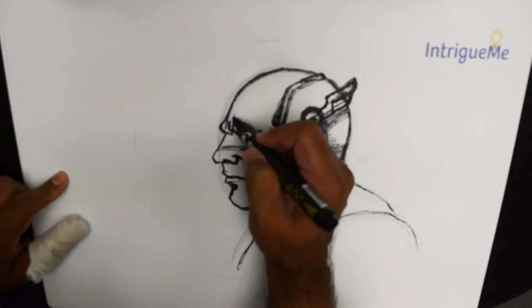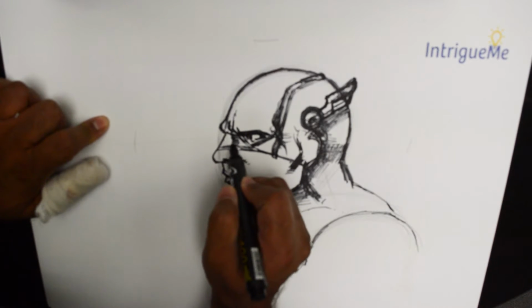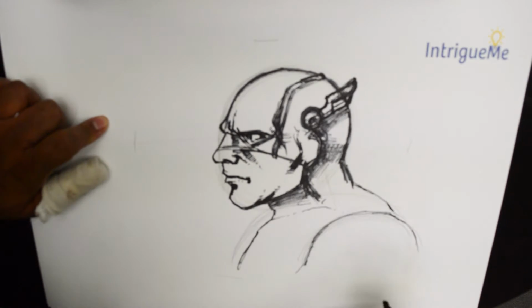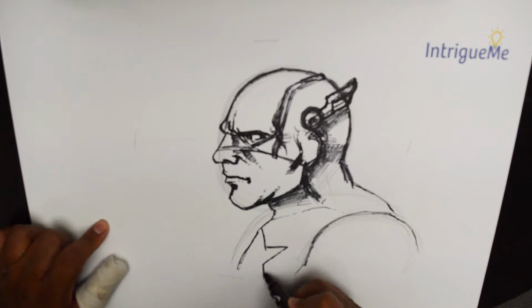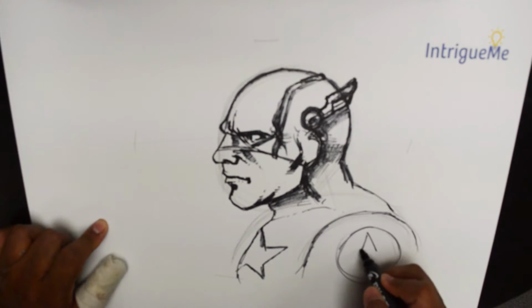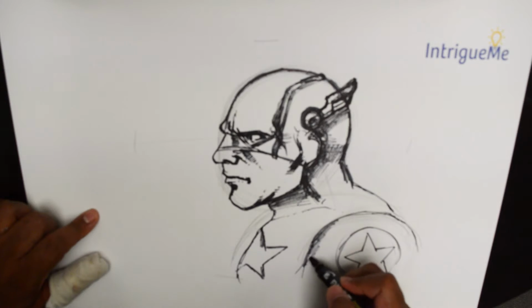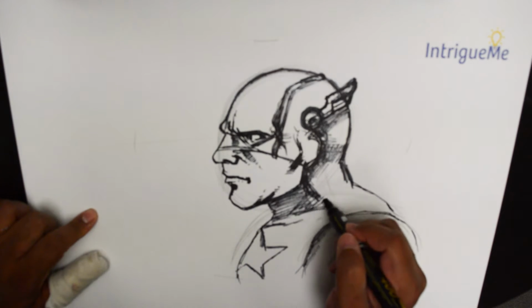But in that case, you would also have to work with the rest of the costume, and that would be that. Let's add some details there first, right there and right about there. So then in that case, let's actually put in the part of that star as it is showing from this angle. Okay, so there we are. Now some versions have a circle right here, and there's also a star in here. That is mostly the ultimate version of Captain America. And some details quickly put in,